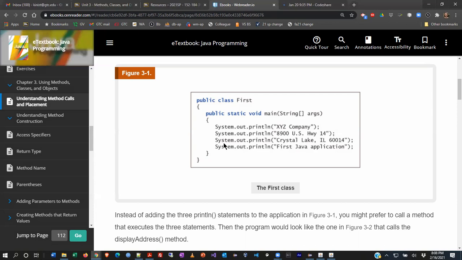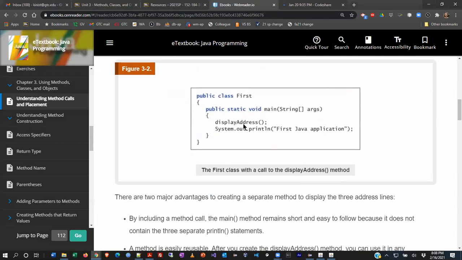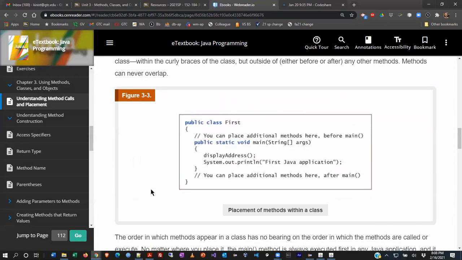So the first example that they're putting in here, this is a really nice one, is think about if you wrote a program that was to type perhaps a form letter and put content on a screen. And part of it might be that you always want the address of the company to appear at the top of the document or the bottom of the document. Now, it would be silly to have to type these lines of code over and over again every time you want to do that. Instead, what you could do, and this is what they are demonstrating here, is take that address part and move it out of the main method and put it into a separate method called